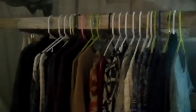Yeah, it's complete with fitting room. Oh, and there's the fitting room right there. We've got clothes hanging, and we've got all kinds of stuff. So do you want to tell me a little bit about any of the stuff? Or is there anything that you want to...